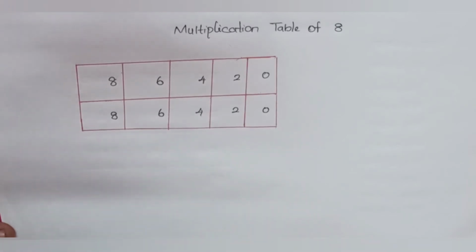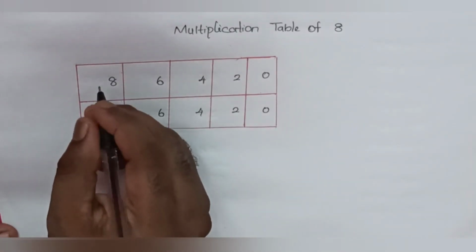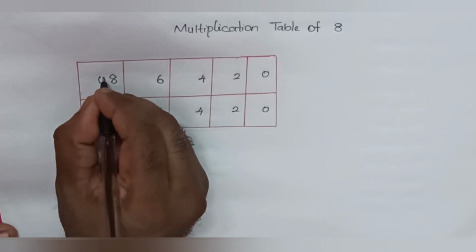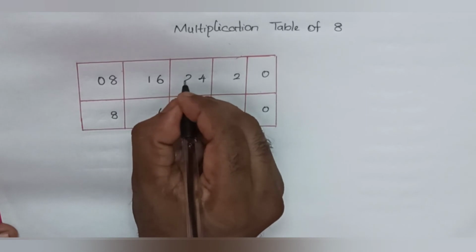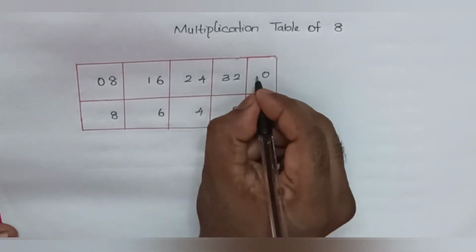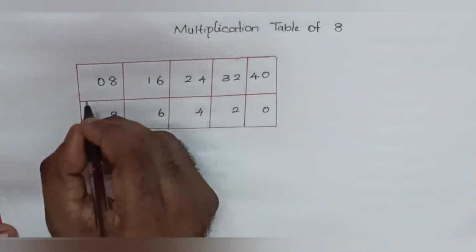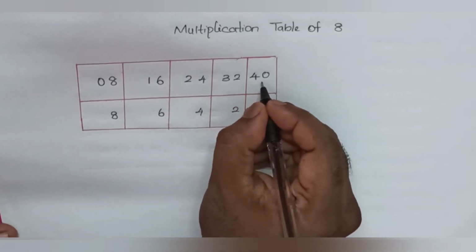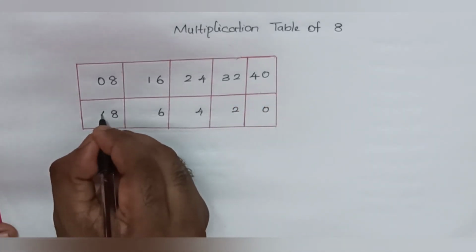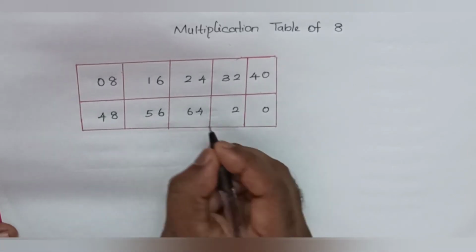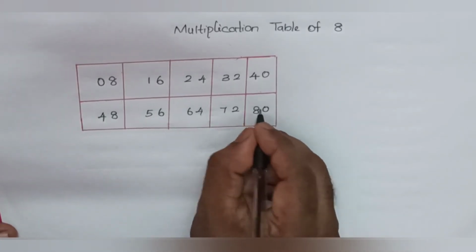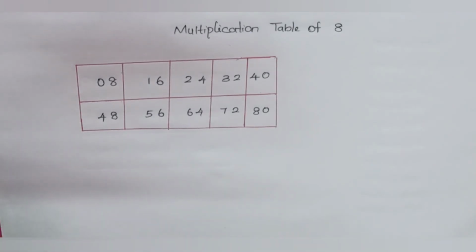Okay. Then you have to add 0 in front of it. So you start with 0 here: 1 2 3, 4. So first row ends with 4. The second row you have to start with 4. 4, 5, 6, 7, 8. That's all. This is the easiest way.